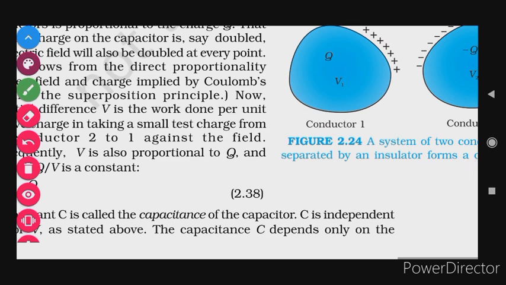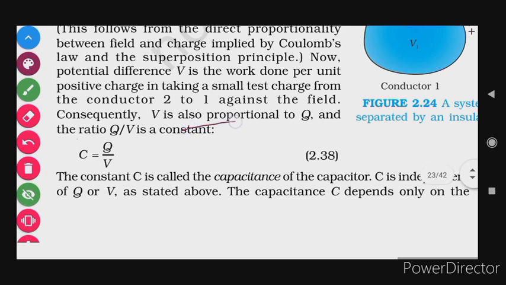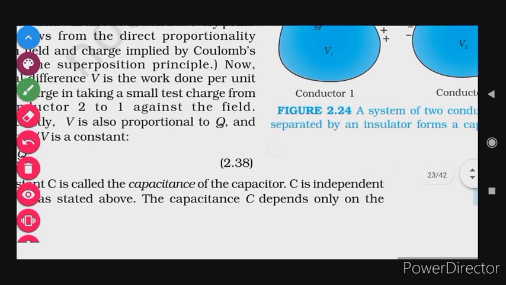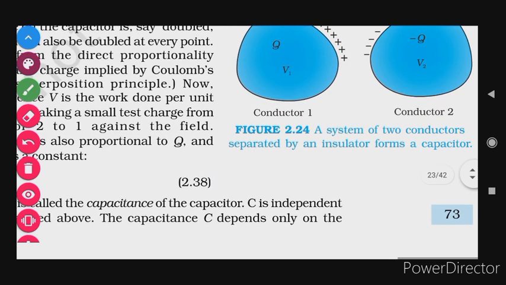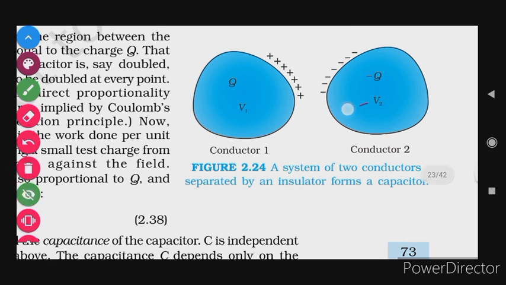And this work is done, the potential difference is there. Consequently, V is also proportional to Q, and the ratio Q by V is a constant. Why? Because if I keep moving positive charge from this conductor to this, the potential difference will keep increasing. Suppose at this instant the potential is plus 10 and minus 10, so the potential difference is 20. If I take more positive charge from here to the first conductor,